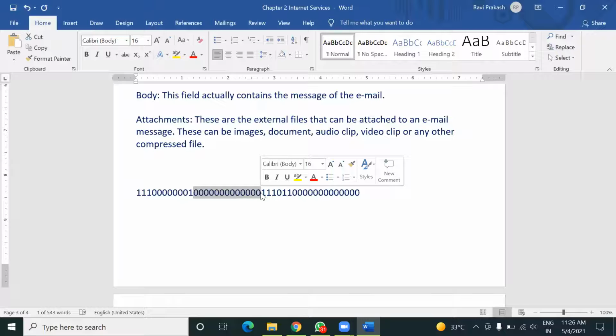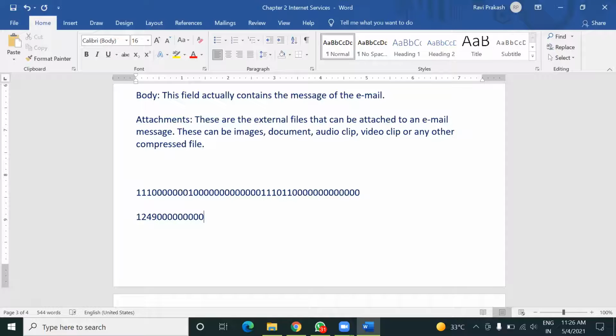For example, take scientific notation in mathematics. We have been given this number, 124,900 and so on, and I can reduce it like this. So how can you represent the same number in scientific notation?